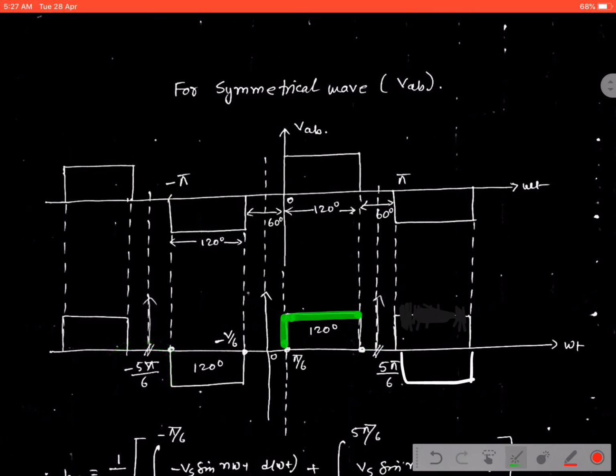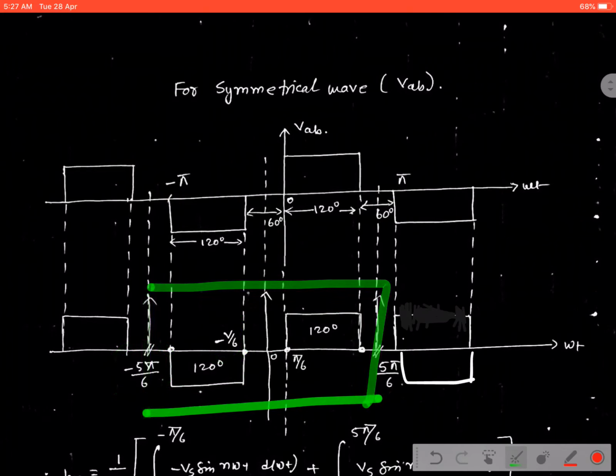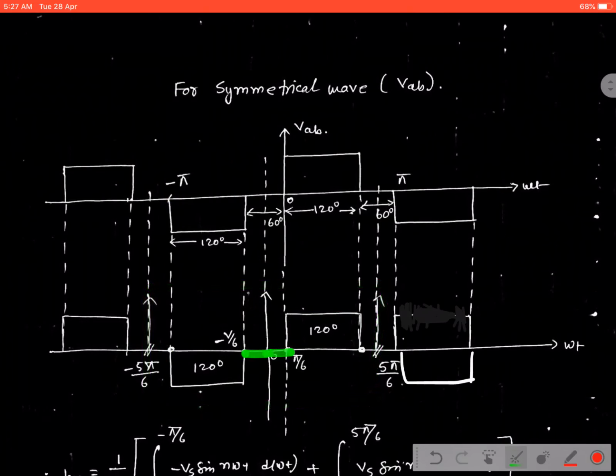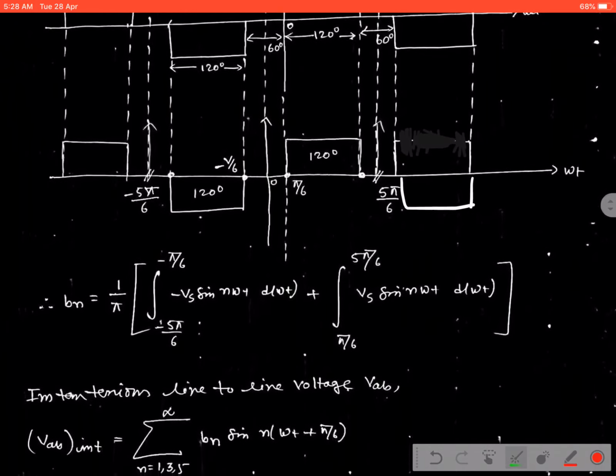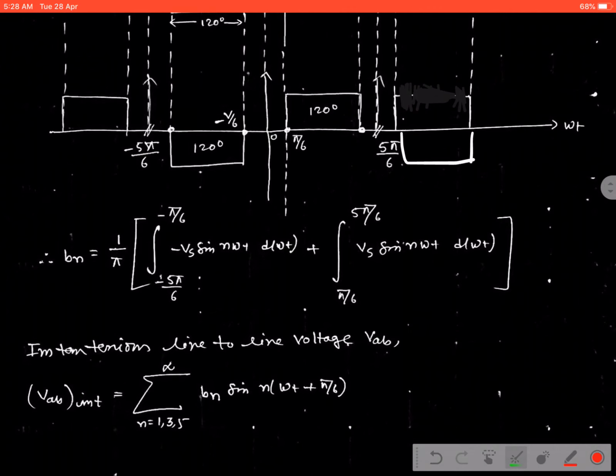Now we can say this peak is confined between pi by 6 to 5 pi by 6, and this negative peak is confined between minus pi by 6 to minus 5 pi by 6. Right now you can think about this particular box. Then the waveform is symmetrical to each other. The difference is pi by 6 and minus pi by 6. Started from pi by 6, ended here at 5 pi by 6, and here minus pi by 6. So if the waveform is symmetrical to each other, then we can